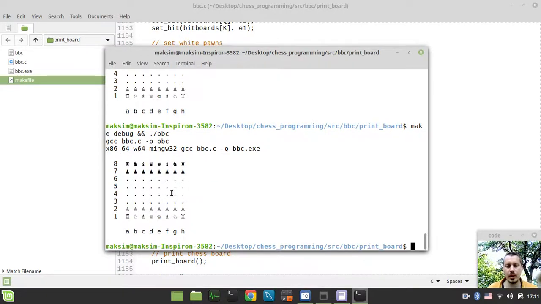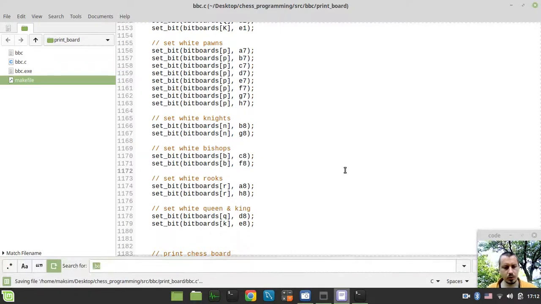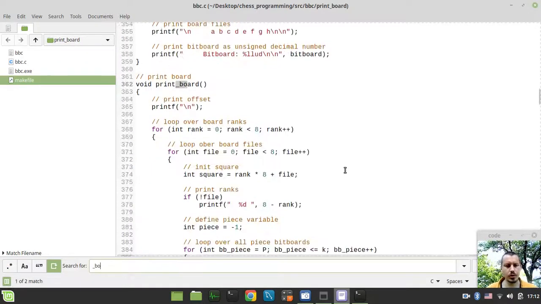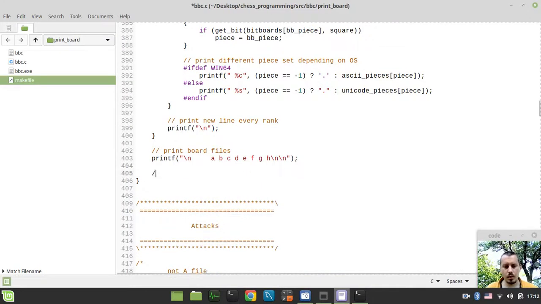So here we just make sure that our board position looks quite nice, but also we need to keep track of our board state variables like side to move, enpassant square, and castling rights. So let's go and implement those as well. Let's search for our print board function again, and here I want to print side to move